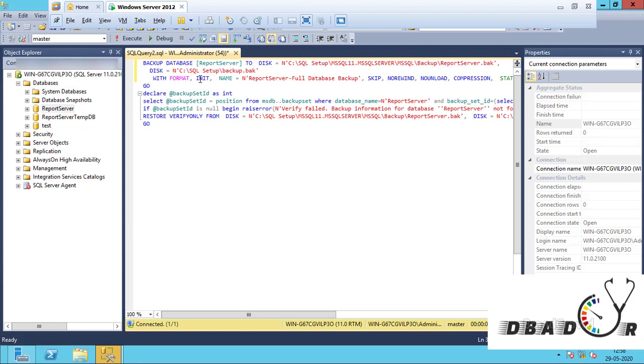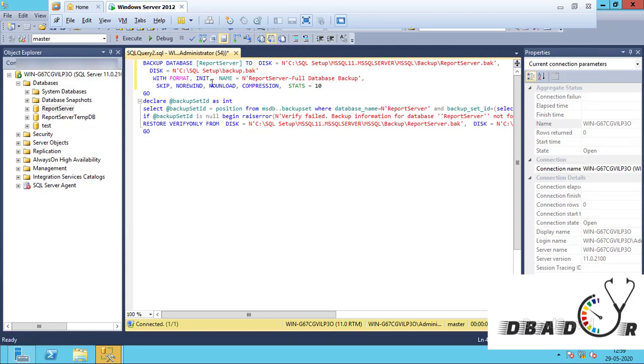So in this scenario, we have created new backup locations, and it is formatting the old one. Init means it will keep a new media set for that, and if we say no init, it will overwrite on the existing one. And this is the backup name, which is the alias name, which I already informed. So all these things are not required nowadays. Now for us it is not required, we can skip this.